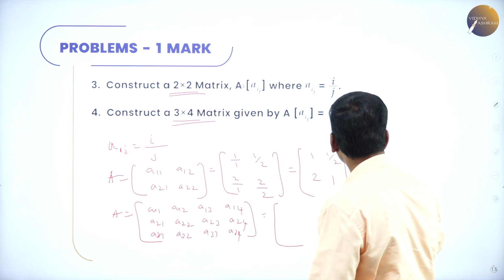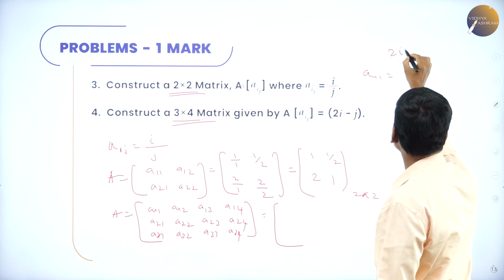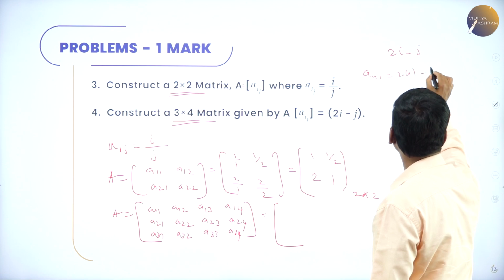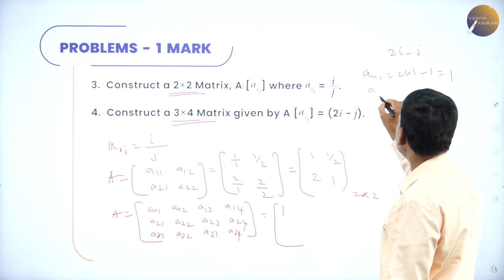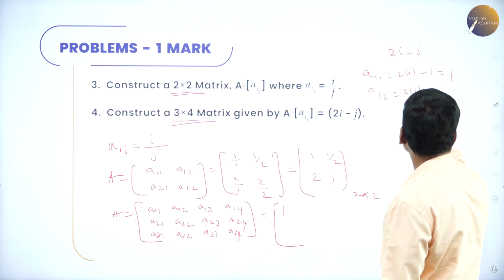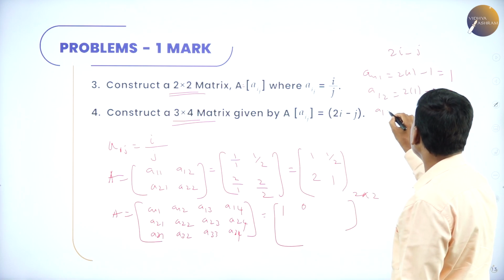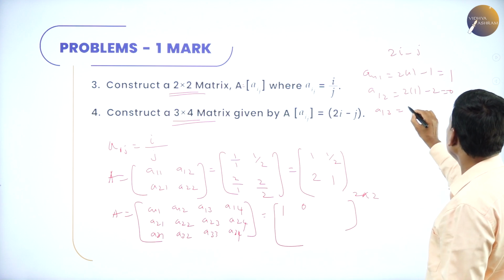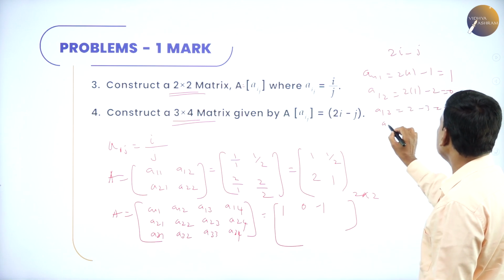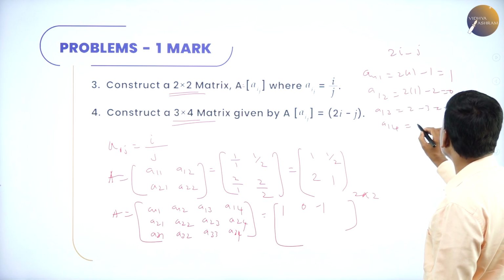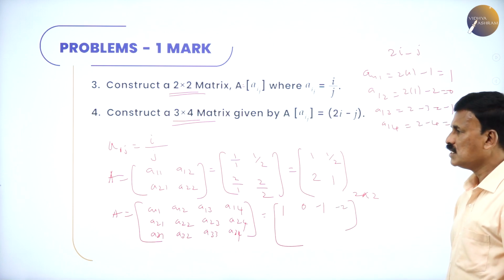2i minus j. So see, I will write here A11, that is nothing but 2i minus j. So 2 into 1 minus 1, that is 2 minus 1 is 1. First element is 1. Next A12, 2 into 1 minus 2, that is equal to 0. Next, similarly A13. A13 means 2 into 1 minus 3, that is equal to minus 1. And A14, that is nothing but 2 minus 4 is equal to minus 2. This is the first row. Second row,